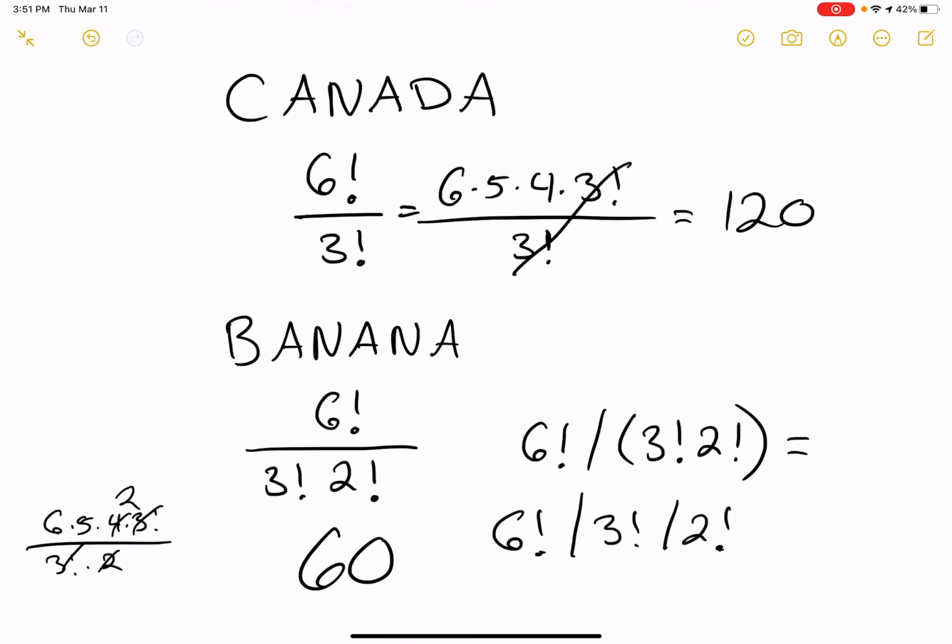Yes? When I'm doing the 5 factorial divided by the 2 factorial, I keep getting